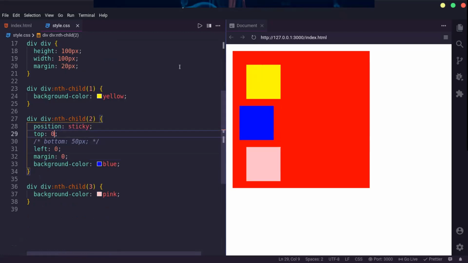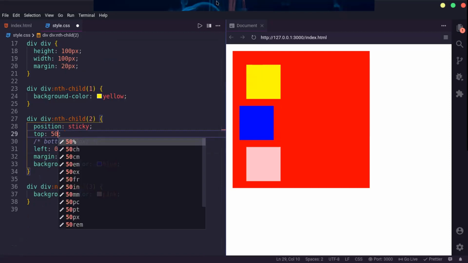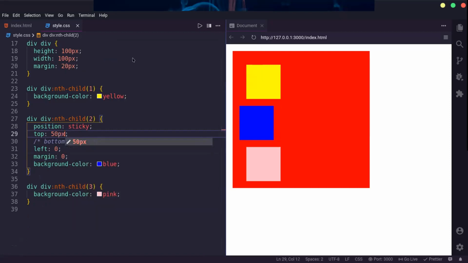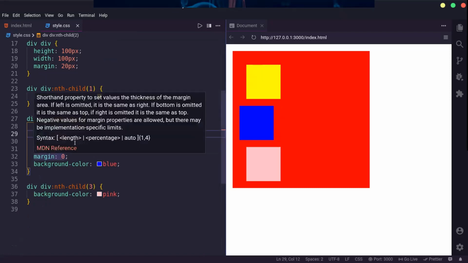So what I mean by sticky is that, let's say I give it 50 pixel, and this is a mixture of fixed as well as relative. So you can see that it's moving with respect to its initial position.